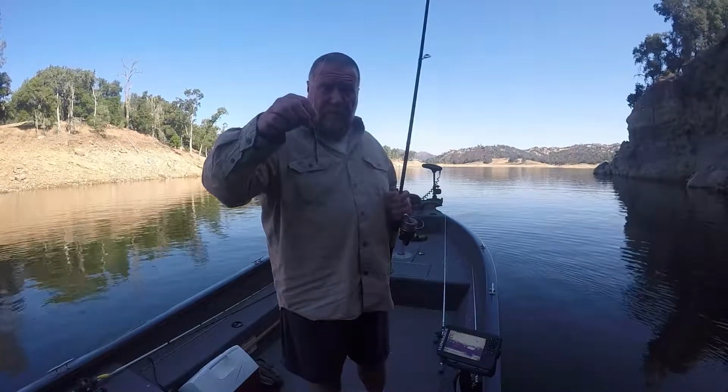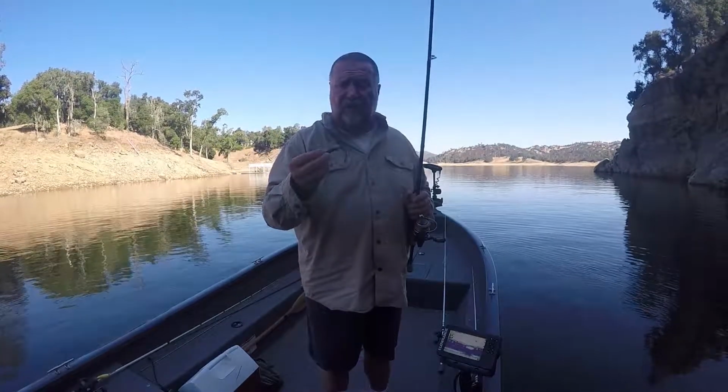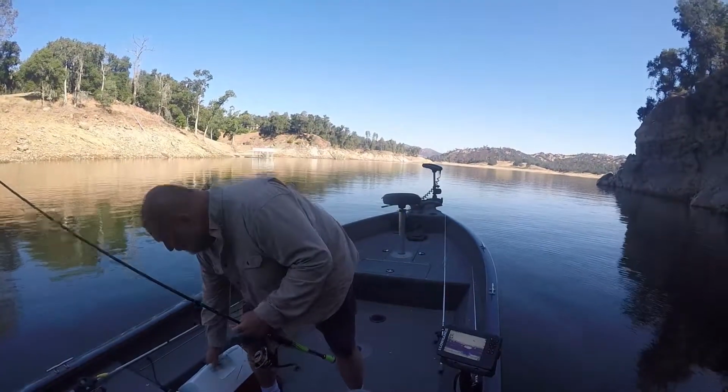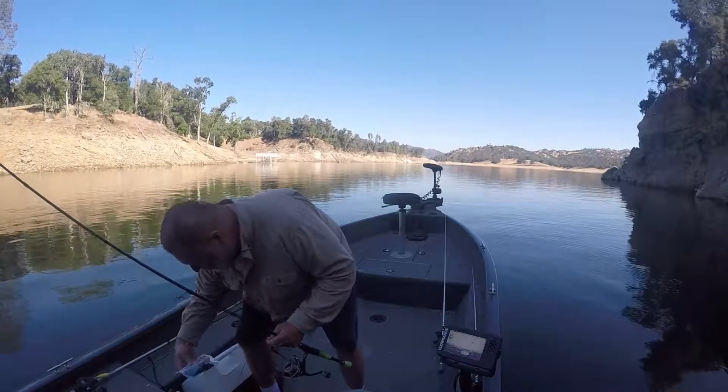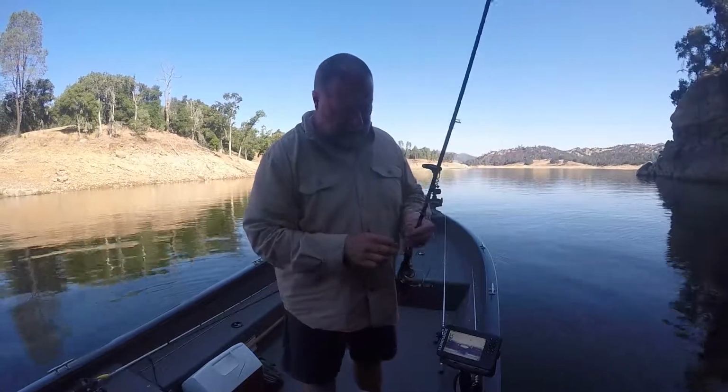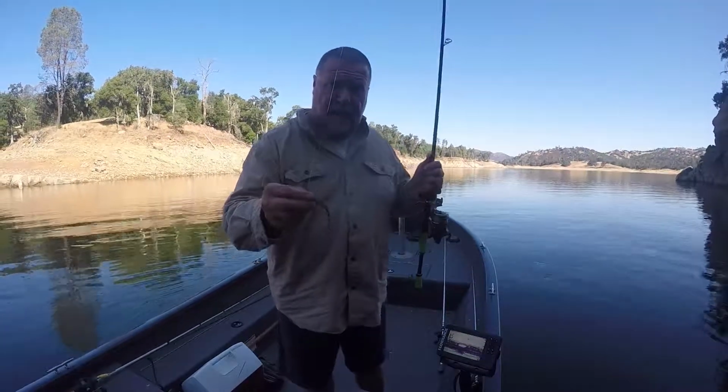This right here is a Roboworm, okay? I took this Roboworm. Let me see what the color of this is. Okay, this Roboworm is Aaron's Magic. And what I did was I took my scissors, cut off about 1/4 of an inch, and I used this